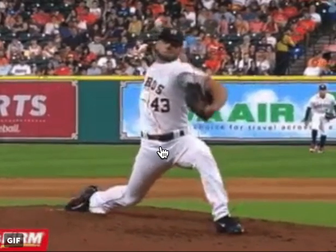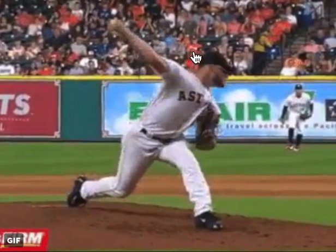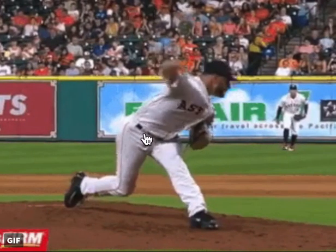So horizontal abduction. As we get into ball release, you'll see massive layback, which is a combination of true ball and socket external rotation, but also in combination with that thoracic extension and the posterior tilt of that throwing scapula. So allowing that arm to get additional layback to apply force to the ball over a longer arc of motion. What we see on this lead leg is the need for hip flexion. So in order to finish properly over that lead leg, you need flexible enough hamstrings to allow you to get that sufficient hip flexion. And you also need hip internal rotation on that lead leg to efficiently finish and rotate around